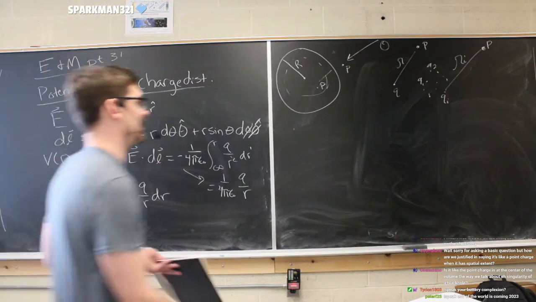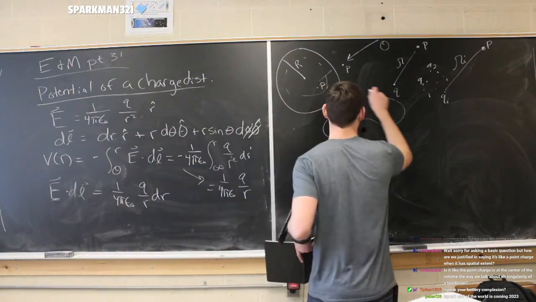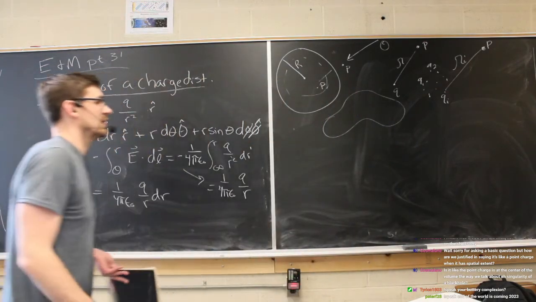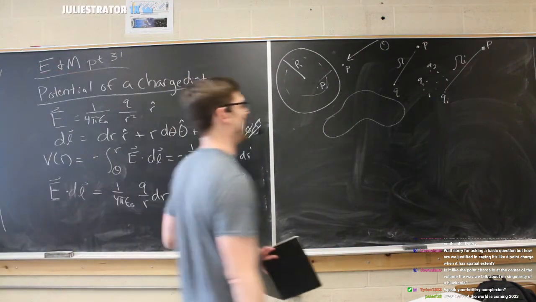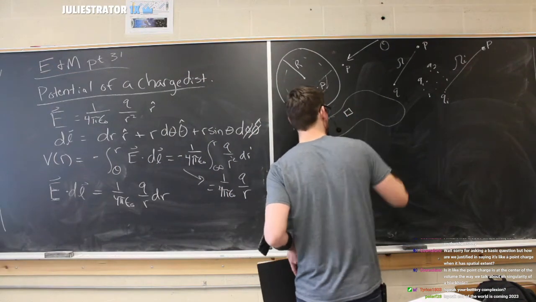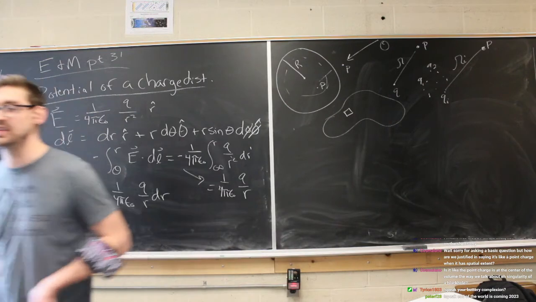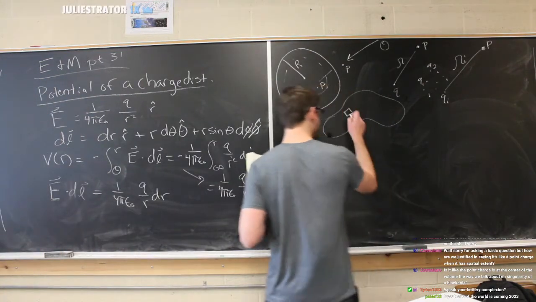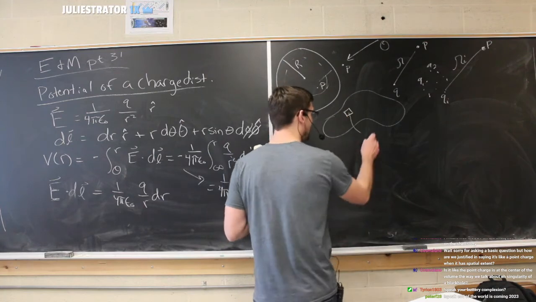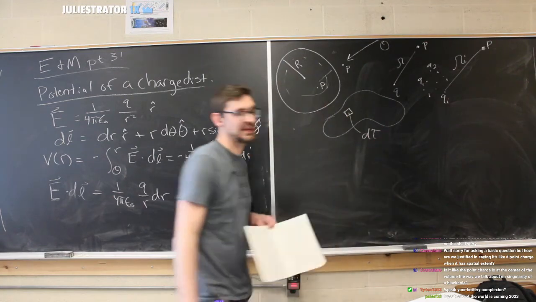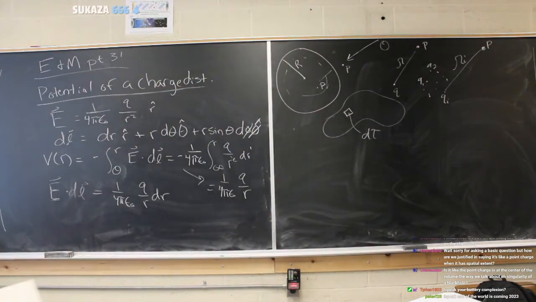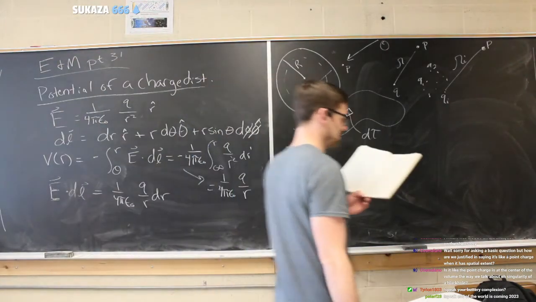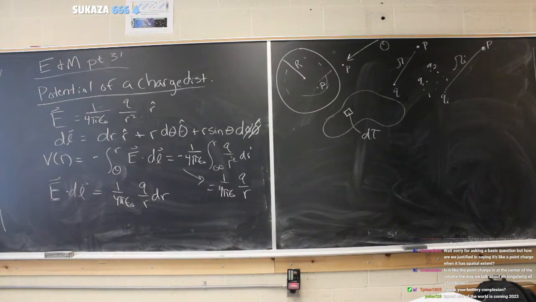But now what if we have some weird shape? And this is, I think, getting to the root of what Caswellano was asking, right? How do we do this with a shape? Well, what if we have an infinitesimally small chunk of that? Imagine that square is infinitesimally small. It has zero dimensions. This infinitesimally small piece we're going to label d tau. That means it's an infinitesimally small volume piece of that object. Remember, Griffiths uses tau as a volume variable.